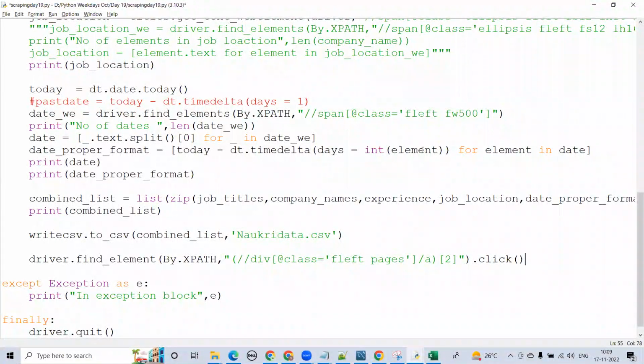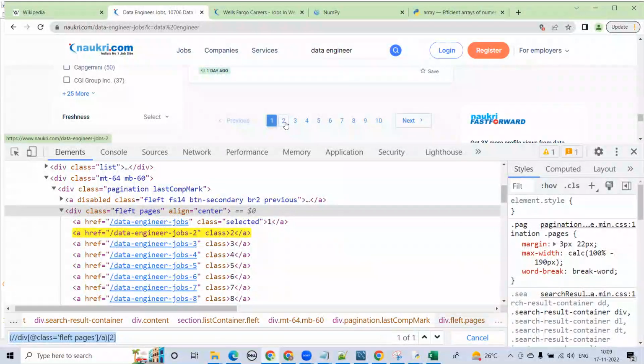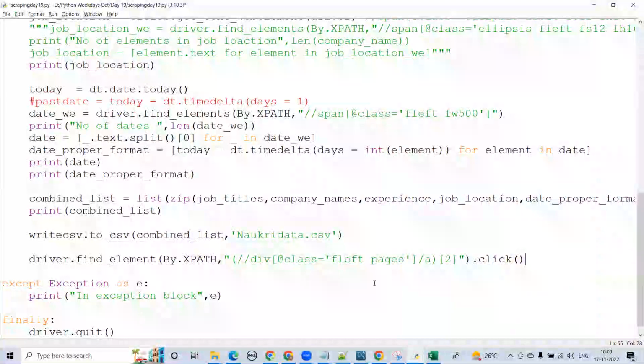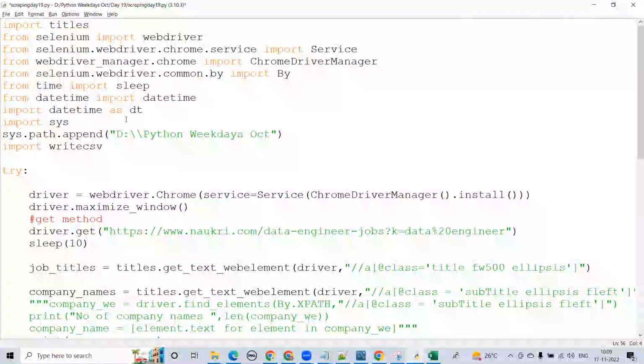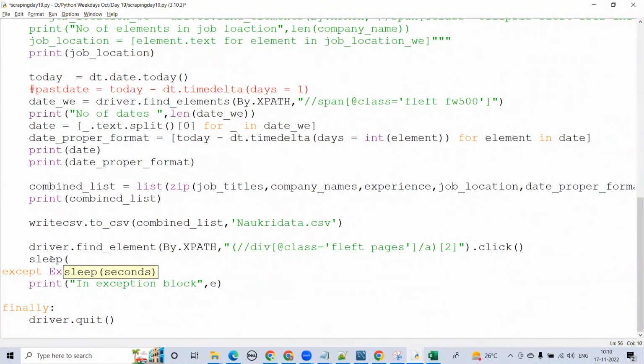Okay, so we can do a dot click. This is going to click on the second one, so the second page will be loaded. Then you can give some time for loading. Use what we have imported, sleep from time import sleep. Just give a 5-second or 10-second break so that the page is loaded properly, and then we have to run